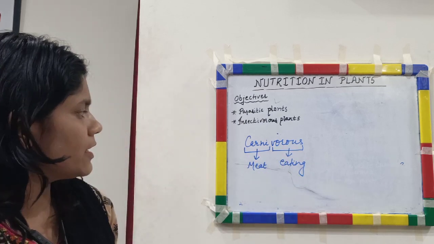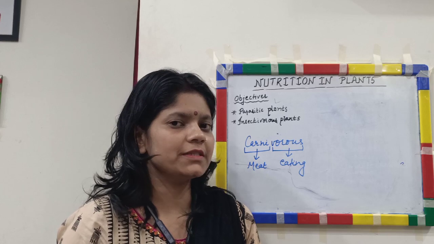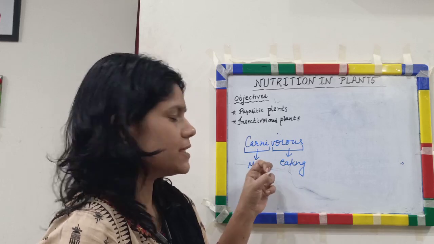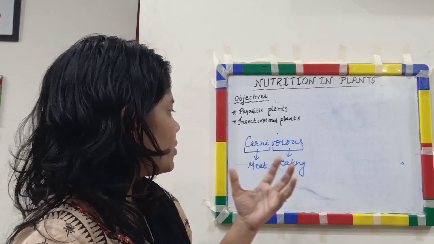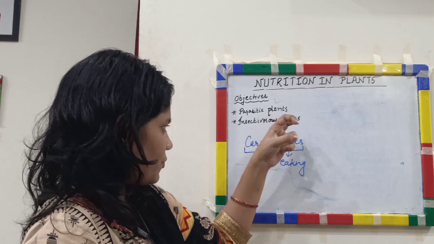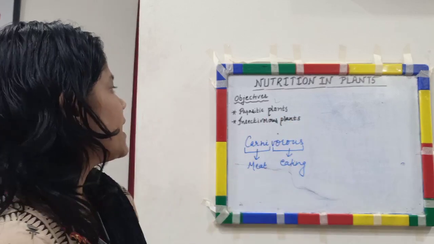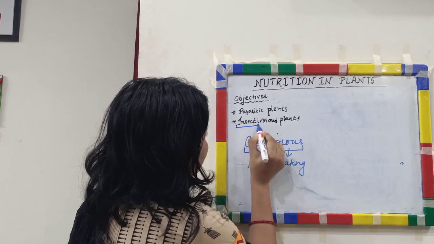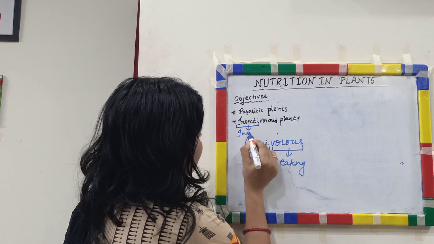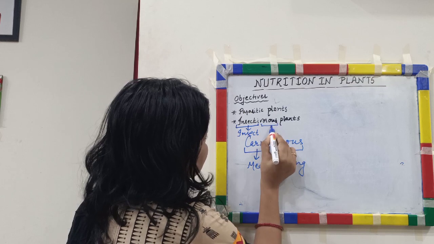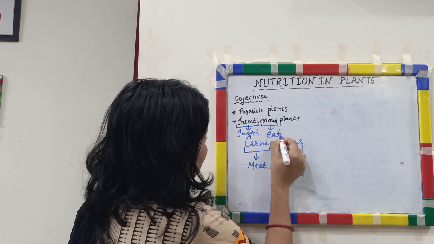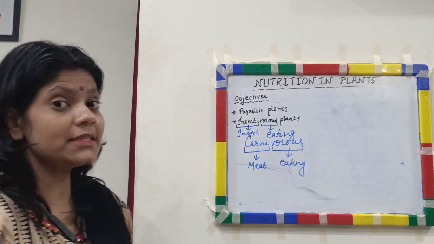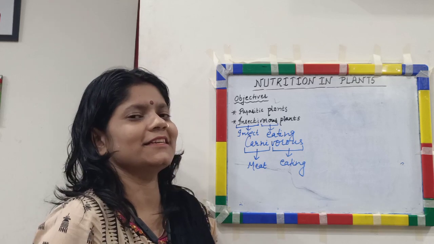We have already learned in class 6 about herbivorous, carnivorous and omnivorous organisms. Carnivorous organisms are those organisms which eat meat and depend upon other organisms for their nutrition. So insectivorous plants are a kind of carnivorous plants, and their food is insects, and vorous means eating. So what are insectivorous plants and why do they need to eat insects? Why should a plant eat insects?